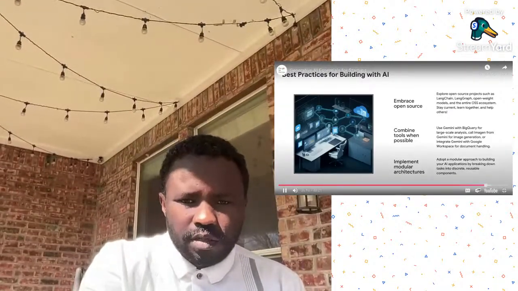Combine tools when possible. So I think that when you're looking at how to flow information through your agent or your app, it can be really easy to just